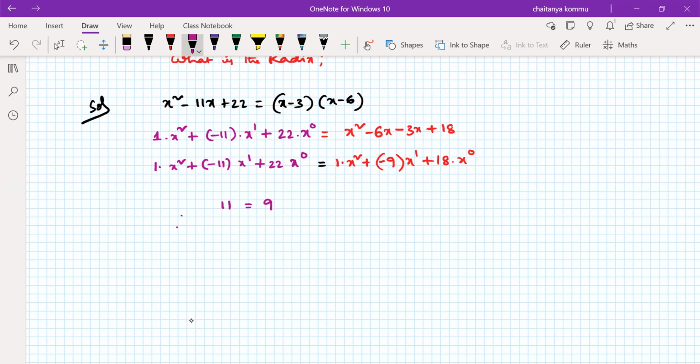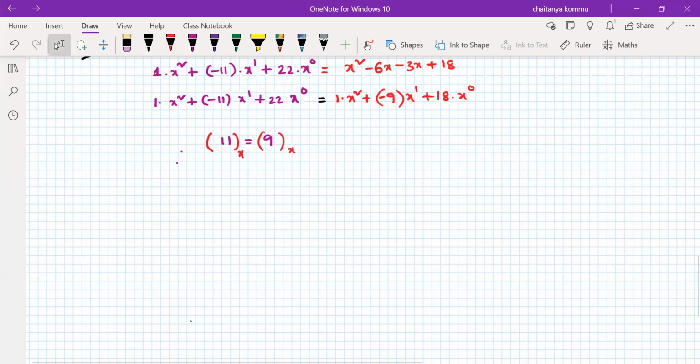so I'm able to do it now. How can I do it? If the bases of these two are equal, then only it is possible to get that one, right? What is this value then? Can you write x to the 1 into x to the power of 1 plus 1 into x power of 0 is equal to 9 into x power of 0? Can I write like this? Since just now we have seen how to do this one. So what is this value then? x plus 1 is equal to 9. Therefore, x is equal to 8.